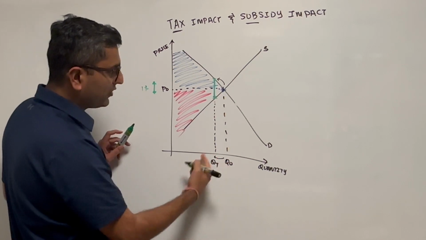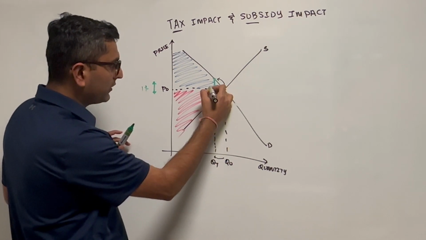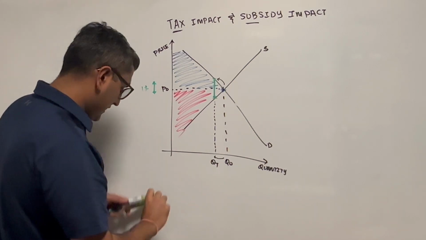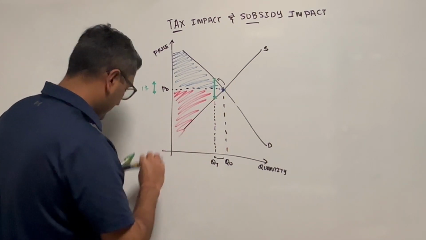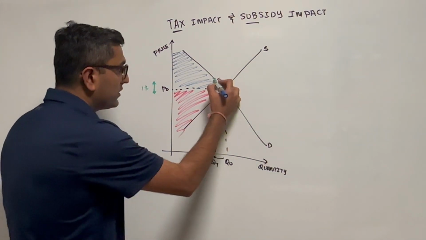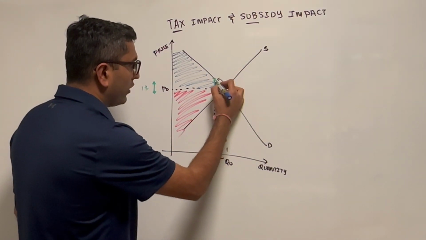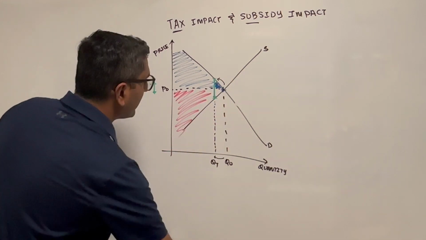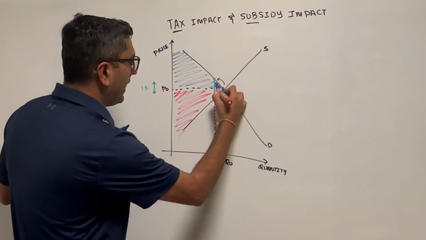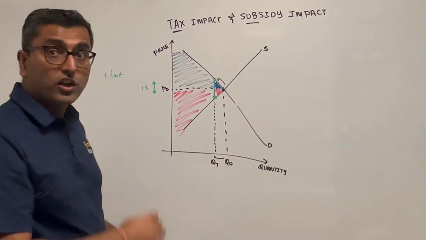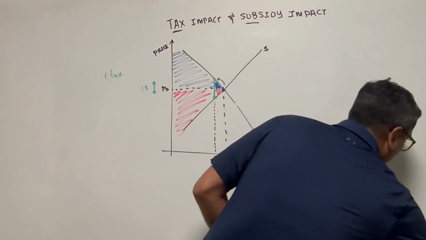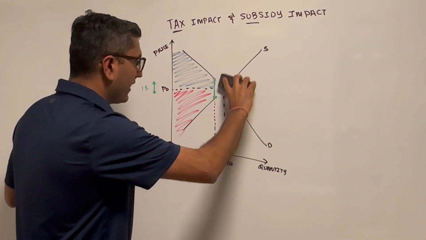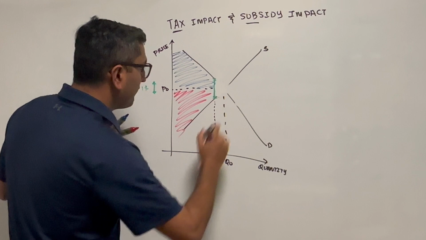We see a reduction in quantity for this tax that got added, and we also see that this area, which the producers and consumers enjoyed, initially enjoyed by the consumer and this enjoyed by the producer, is going to go away because there is a tax added. So this goes away, and we'll have to redraw this